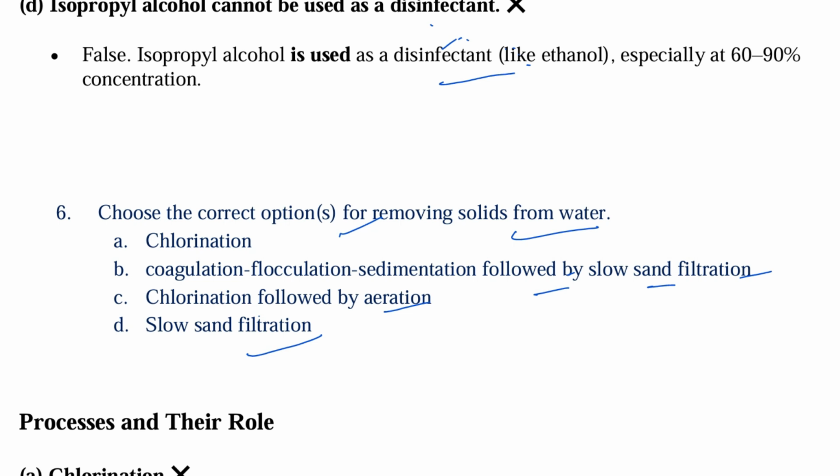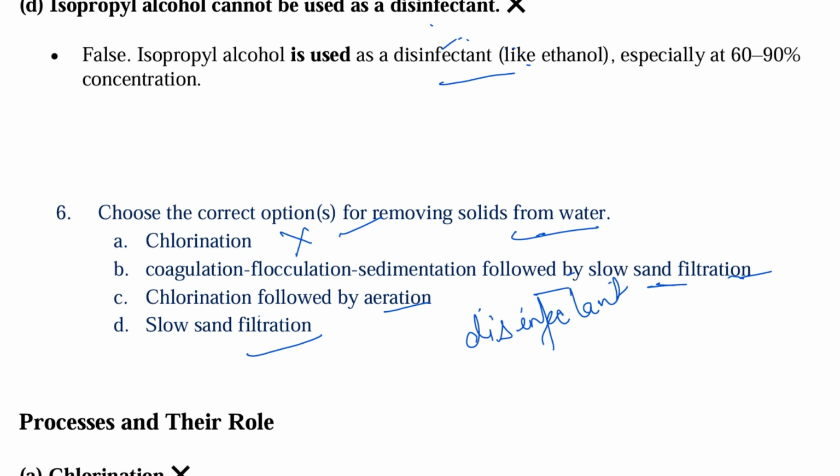अब देखो, फर्स्ट वन जो आपका है, that is chlorination. हम यूज़ करते हैं as a disinfectant की तरह यूज़ करते हैं वाटर में, ठीक, ना कि सॉलिड्स को रिमूव करने के लिए, इसलिए this is incorrect. Next है coagulation, flocculation, sedimentation followed by slow sand filtration. ये जो मेथड है,